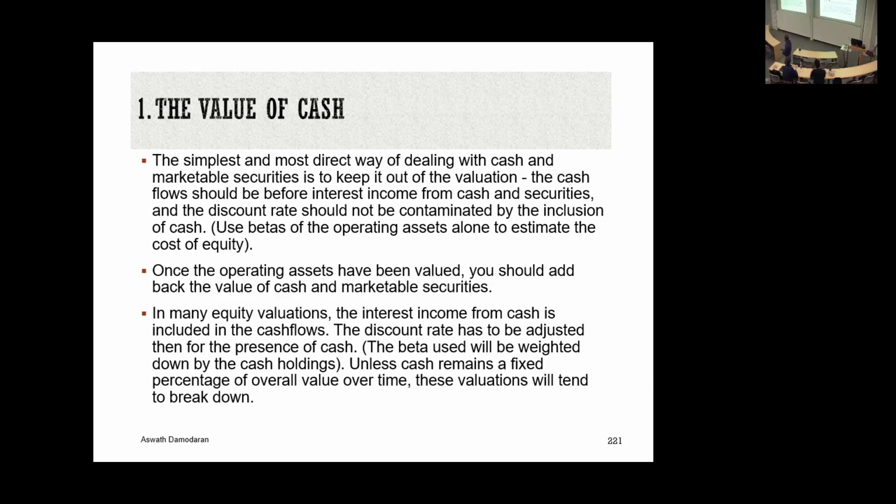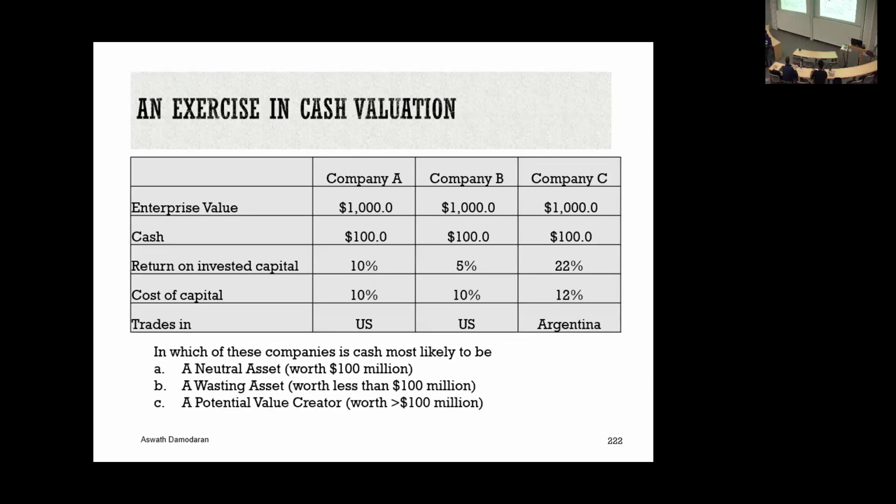Free cash flow to equity models, where you start with net income without adjusting for interest income. Basically, you leave it in there. Cash is somewhere in there, you have no idea where. So cash can be very sloppy in the way we deal with it. So I'm going to start with a very simple structure so we can see why cash in the hands of different companies might be valued differently.